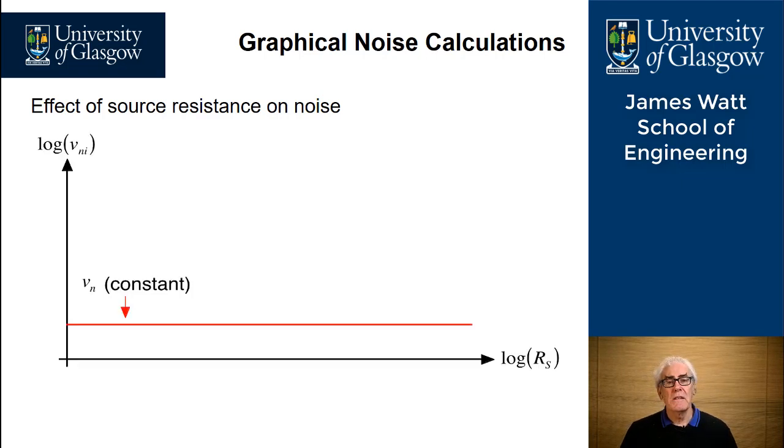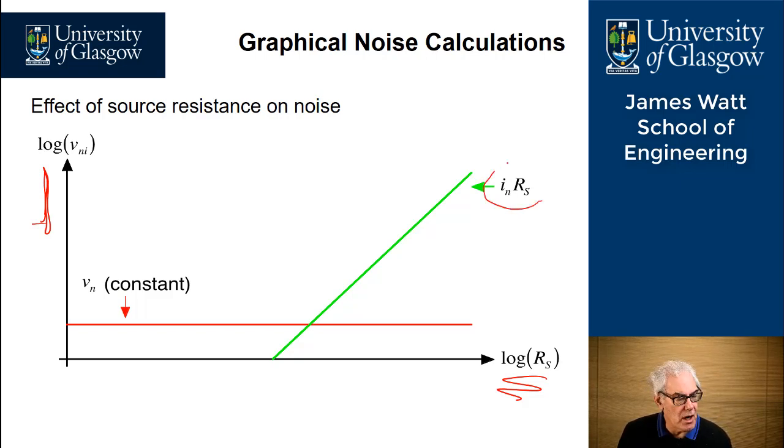So first of all, let's look at our amplifier again, and here we have a noise voltage Vn from the amplifier, and we're going to assume that it is flat and constant across all frequencies that are of interest within the amplifier. And we're plotting here the log of the noise voltage on the vertical scale and the log of the source resistance along the horizontal scale. Now, if we look at the effect of the source resistance on noise,